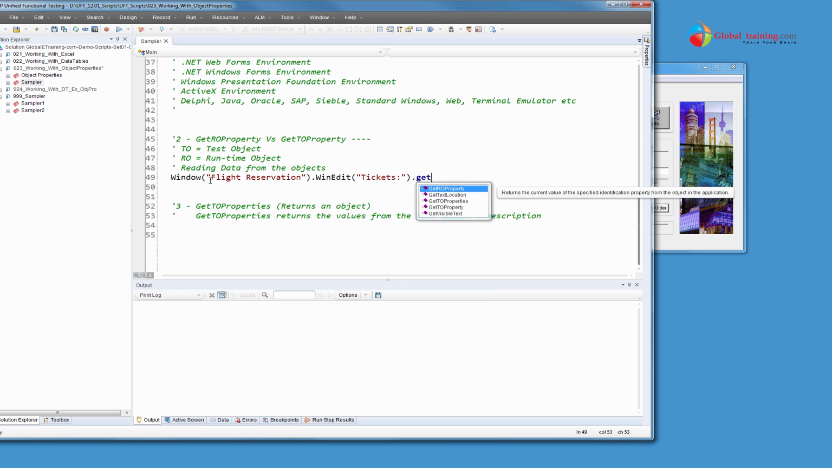So we definitely want to use RO. It's a runtime object. I'll go back and talk about it. So it's the RO property, and what we want is the value of the property called text. As you might have noticed when you watched the object repository videos,